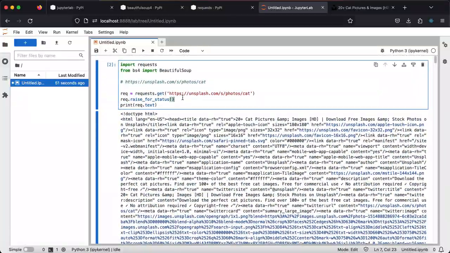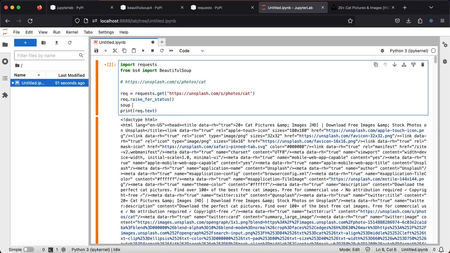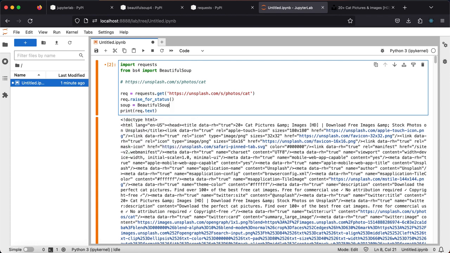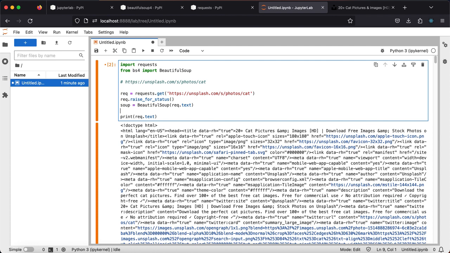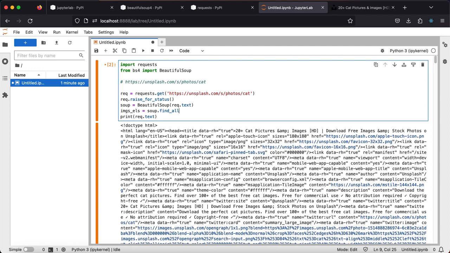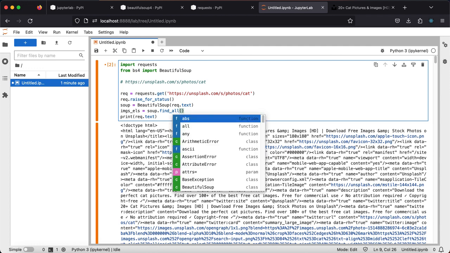Now soup equal to BeautifulSoup. Then let's pass this to it, response dot text. Now the img elements, that's going to be soup dot find_all. Then